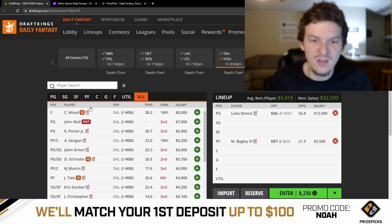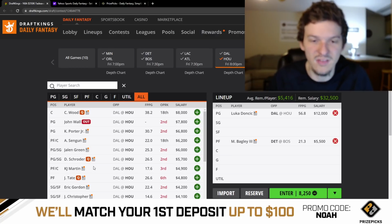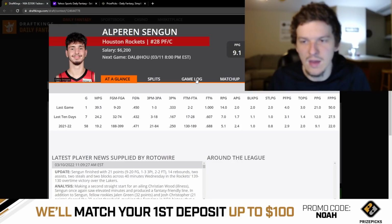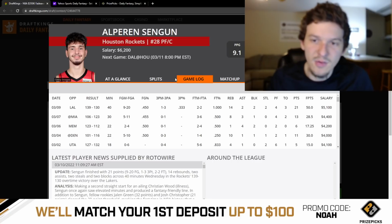Two big ones that we'll need to monitor are the statuses of Christian Wood and Jabari Smith. Christian Wood and Jabari Smith are both questionable for today. They both sat out last game. So with them out, we did see Şengün start and we saw KJ Martin start. Şengün has obviously been a really productive player when he's gotten minutes, and he showed that last game, putting up 50 DraftKings points in 40 minutes against the Lakers. Price tag went way up to 6,200, but I would still be interested in Şengün today